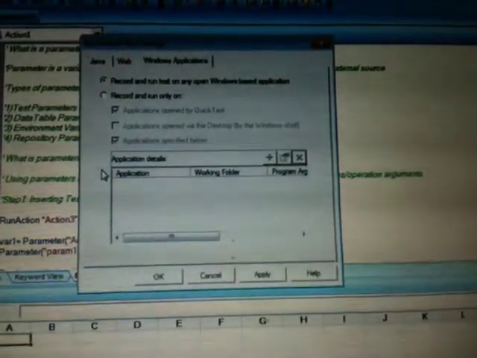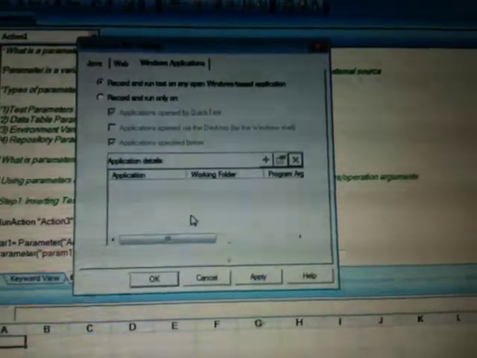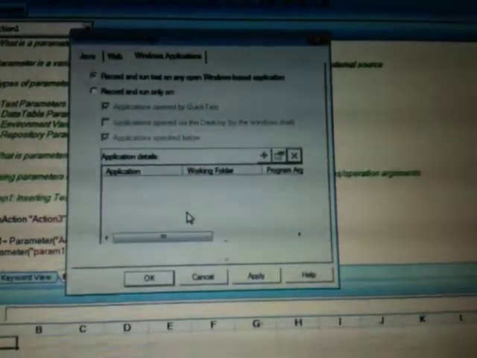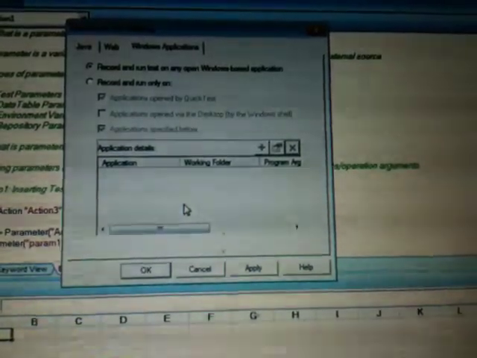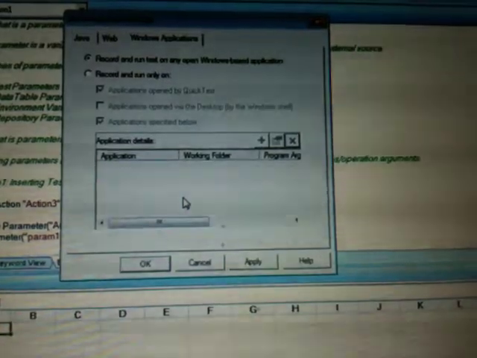Sometimes what happens is if you select this option and go ahead, there might be a conflict on your machine wherein Explorer will get stuck, especially in QTP 11, because it's a pretty unstable version, because the script debugger is an external script debugger in QTP 11.